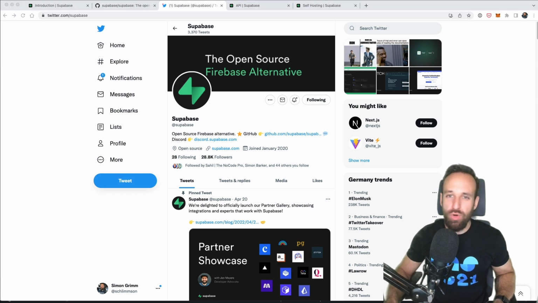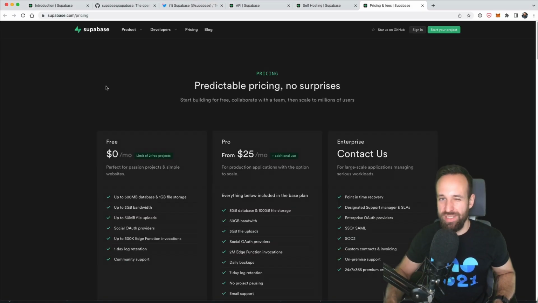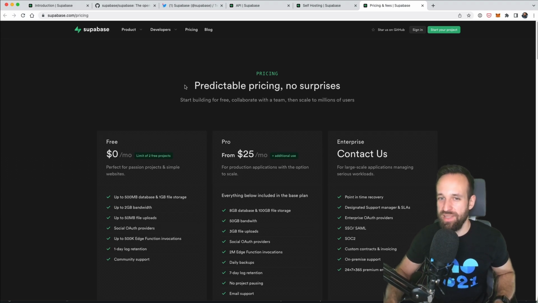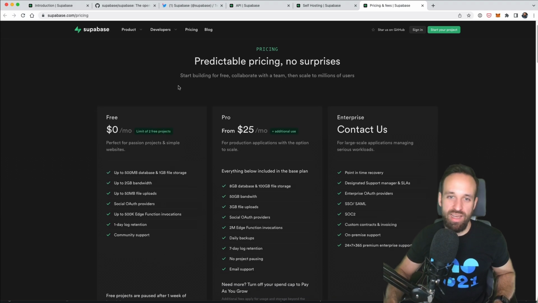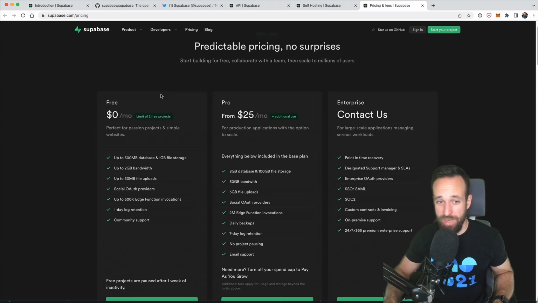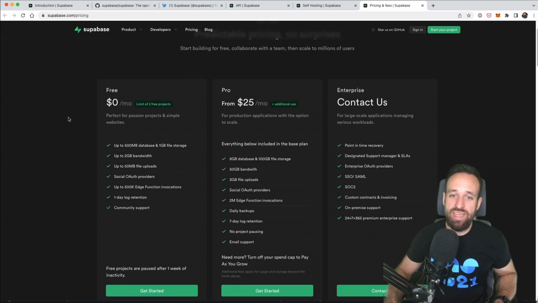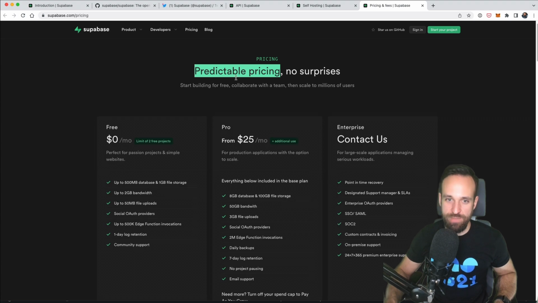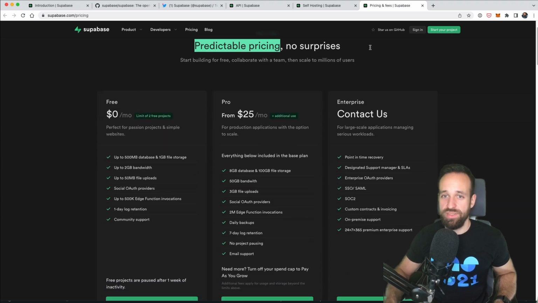Now, what's probably also important is the pricing. You know, with Firebase, it can be kind of unpredictable, and you might fear getting a super high bill at some point because you're billed for, I don't know how many calls. With Supabase, you usually have a more predictable pricing, and that's, I think, how they also want to differentiate from Firebase mostly. Yes, of course, you can also self-host it.